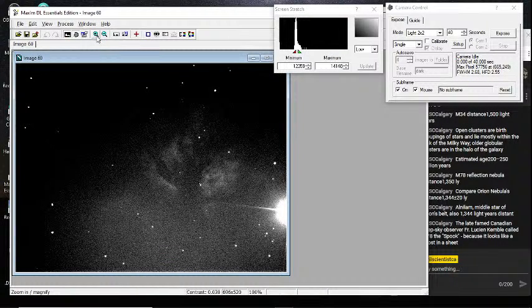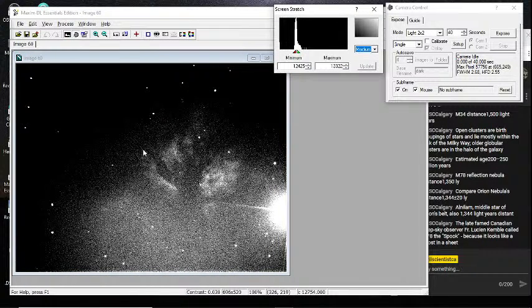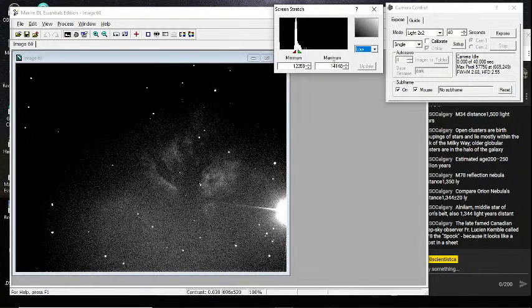And there it is. A lot of this down here is, I mean, we're still catching a little bit of that star, but now you can see that nebula that's beside that star there. It's a brilliant red color when it's in color. Let's see if I can adjust things to make it look a little better.